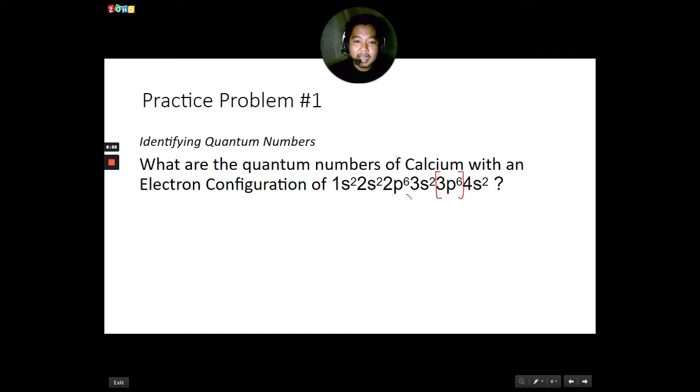Now we learned this in Gen Chem 1. No, but we are only after the end of the electron configuration or the last electron configuration. So let me copy it here so that we will not get confused. That's 4s2. Now, how do I use this information to get the quantum numbers of calcium or of this particular element? No. Knowing that n is the energy level, I will know that 4 is my n, no, because it's in the 4th energy level.